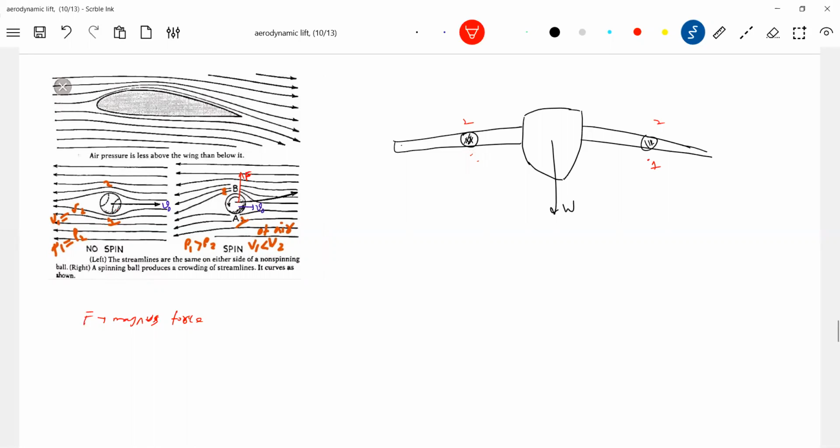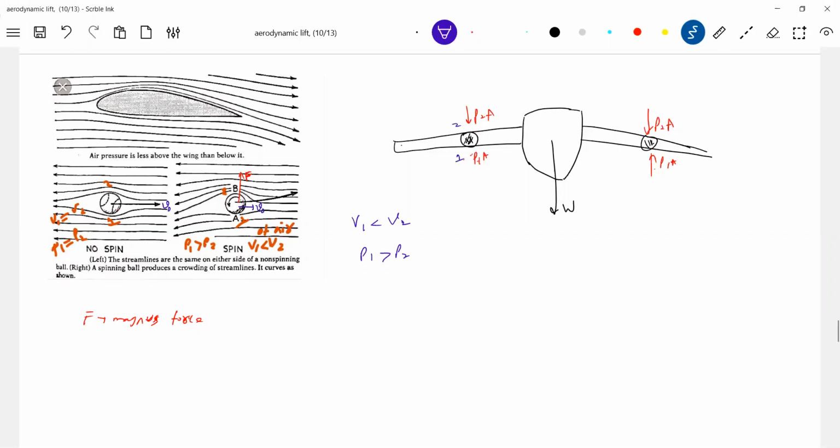So pressure at 1, P1A, here P2A. The air which is rushing above, so these are the points 1 and 2. Definitely the air will be retarded more at 1 than at 2 because of these propellers. V1 less than V2, then P1 greater than P2. So when the aeroplane flies, the air rushing below the propeller will have less speed than above. So P1 is greater than P2.